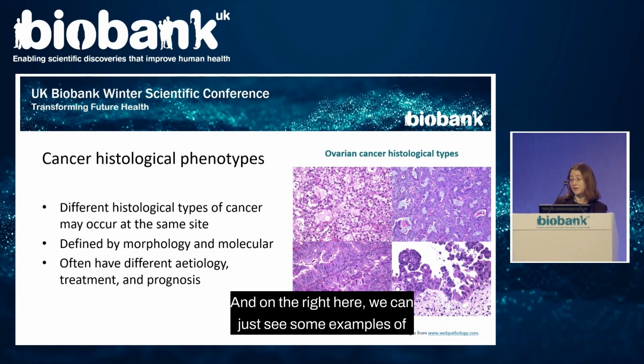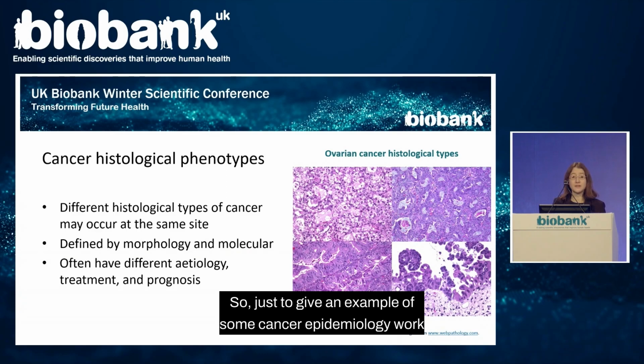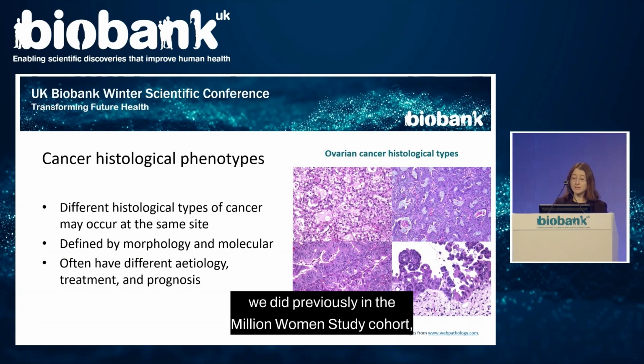And on the right here, we can just see some examples of different histological types of ovarian cancer, which look different down the microscope, have different molecular changes, different behaviours. And so, unsurprisingly, if we're doing epidemiology of cancer research, it's important to take account of these biological differences as well. So just to give an example of some cancer epidemiology work we did previously in the Million Women study cohort, looking at ovarian cancer,